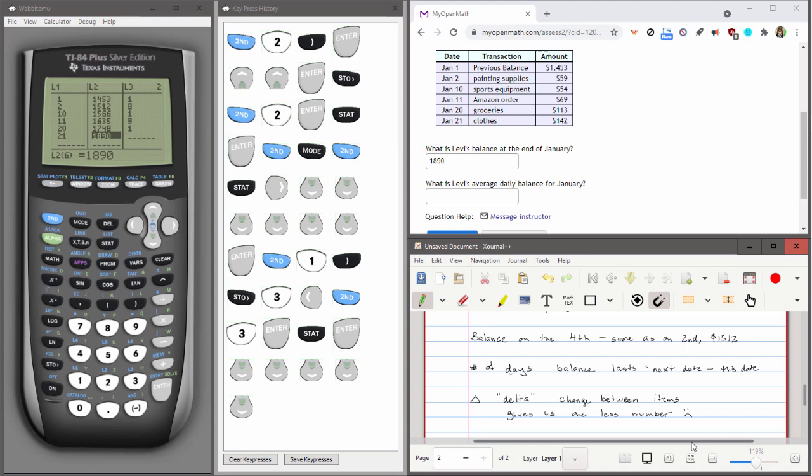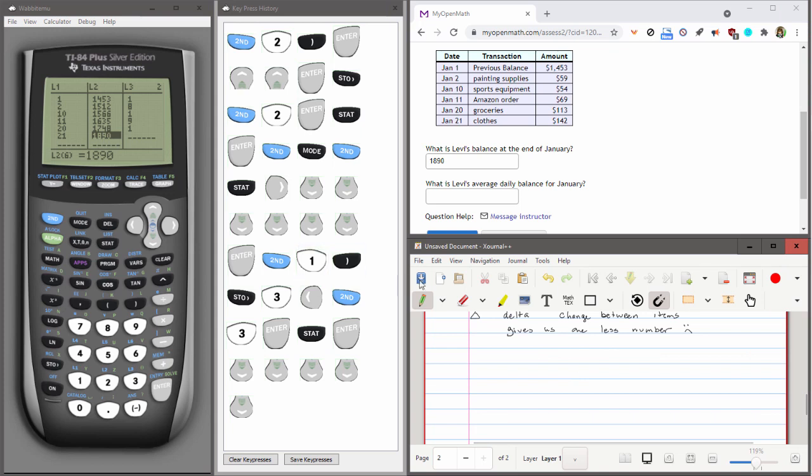Okay, so that balance on the 21st, that balance of 1890, that'll be the balance on the 21st, 22nd, 23rd, 24th, 25th, 26th, 27th, 28th, 29th, 30th. We're in January, which has 31 days, and the 31st. And then,